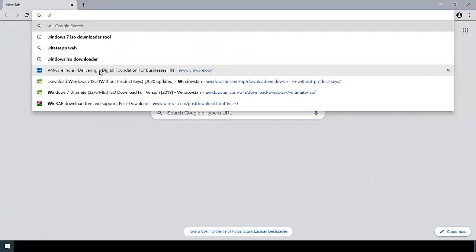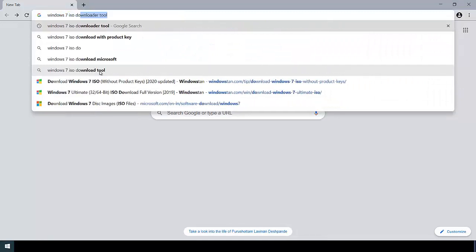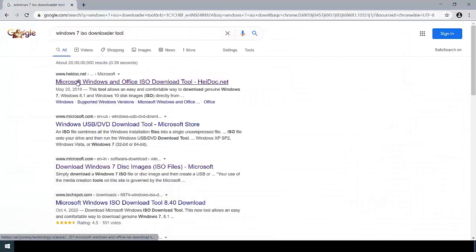Okay, so WinRAR is also downloaded. Next we will download Windows 7 image. So to download Windows 7 image I will be using a tool called Windows 7 ISO downloader.